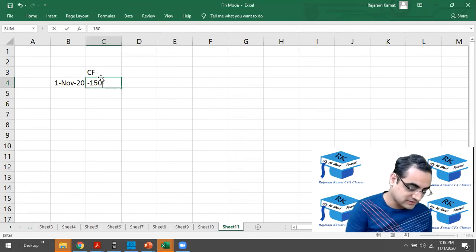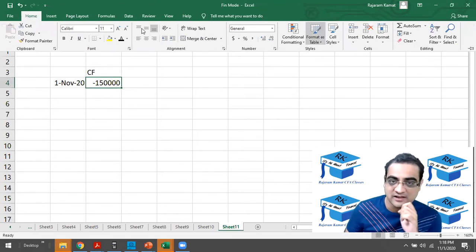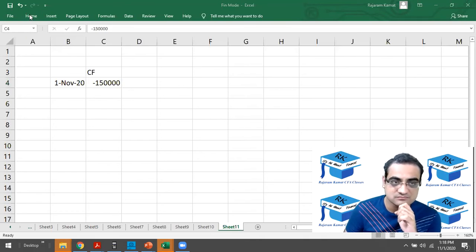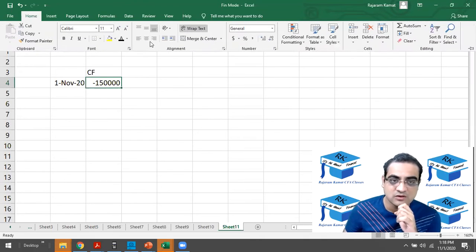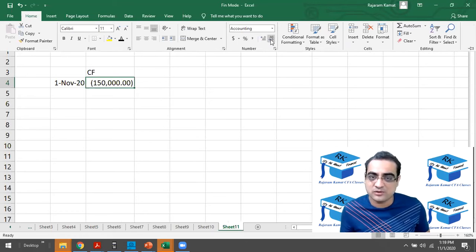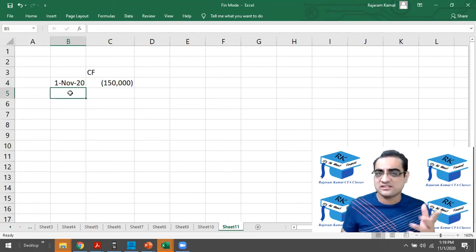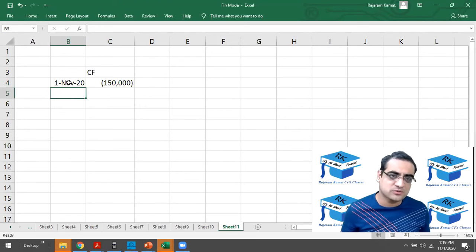So minus 150,000. All right, so this is the kharcha that will be happening. I'm not interested in those dots, so 150,000.